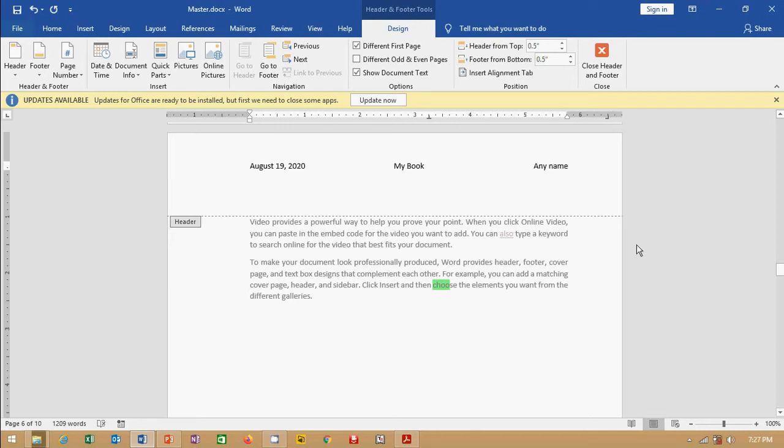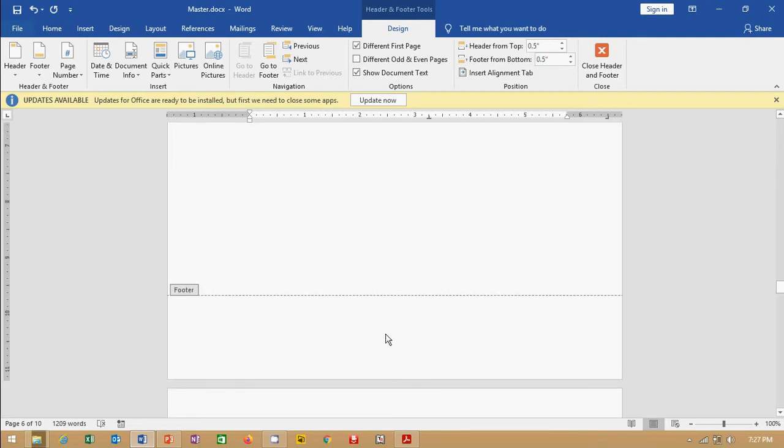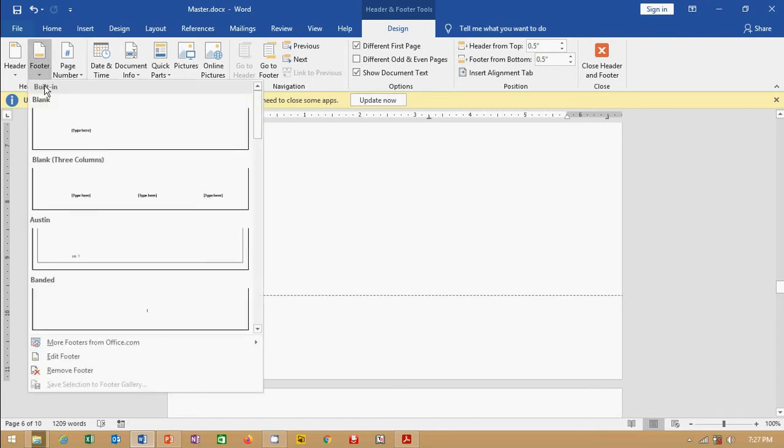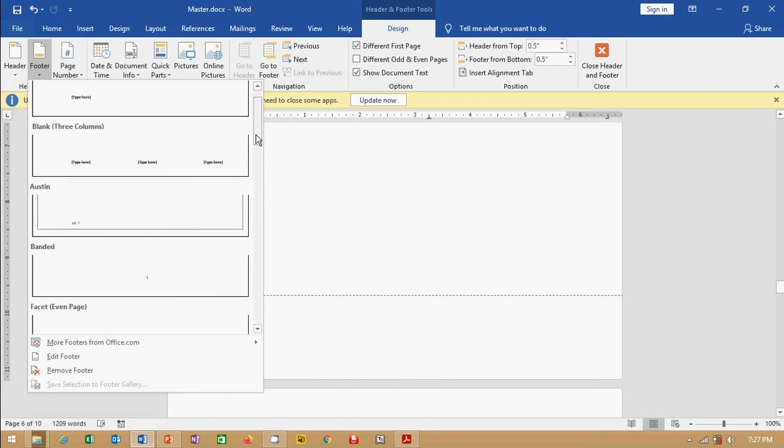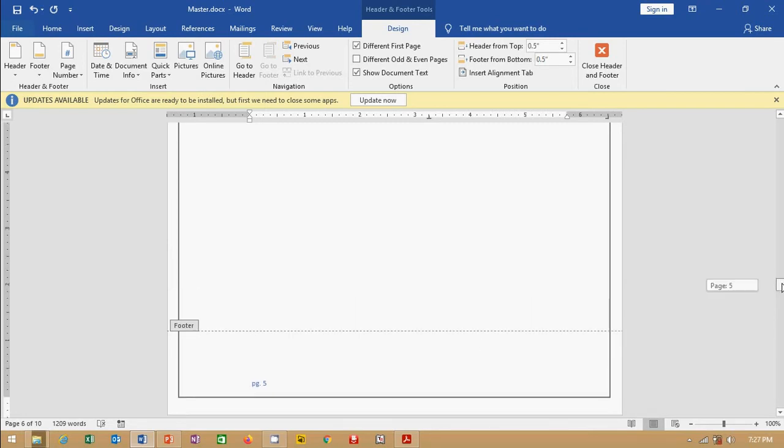Now come to the bottom. We need to insert here, it is called footer, and insert the page number. I have chosen this Austin kind of style, so it is appearing, right?